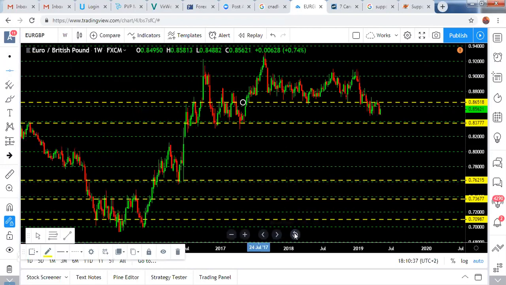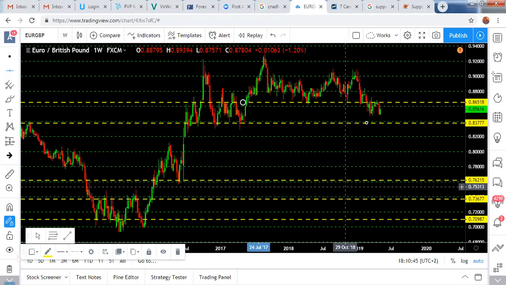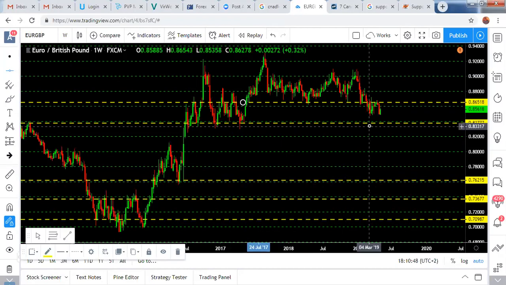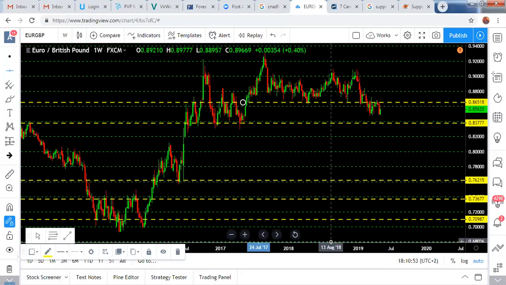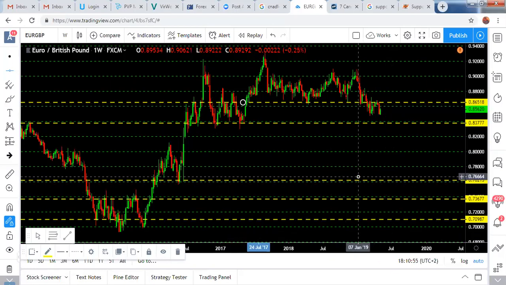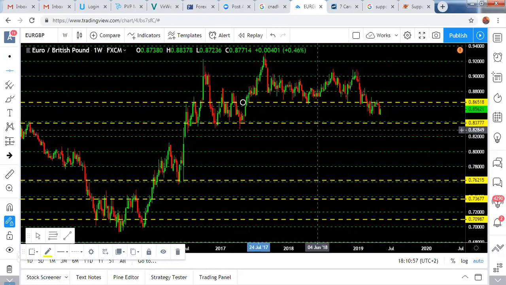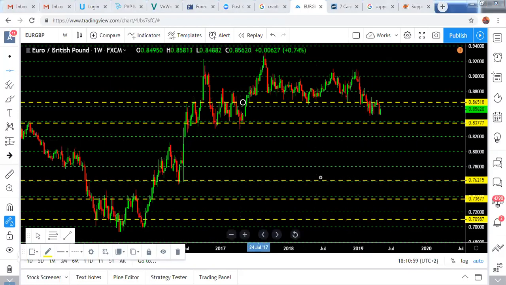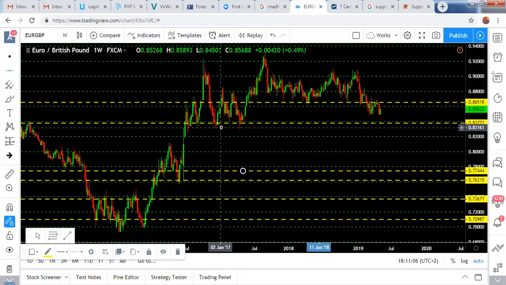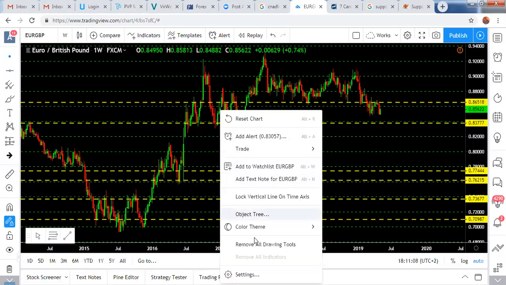But what did I realize? What I realized was that the ones that I saw with my eyes were always around the psychological levels. You see that the yellow lines are always around the green lines. So I decided to ignore the yellow lines and I just work with the psychological support and resistance levels, because the computer is the one that draws them and it cannot fool me. So those are the two kinds of